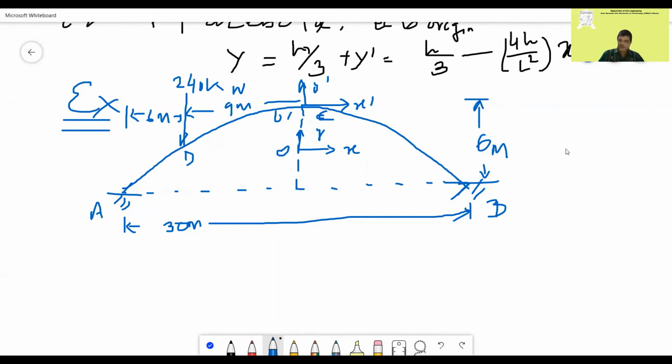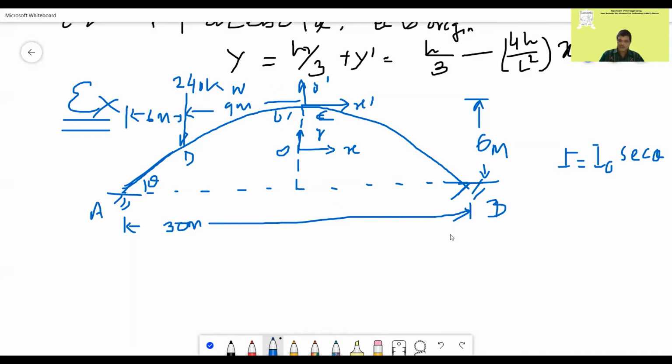Now I is equal to I0 sec theta, like the I varies with the secant variation. I0 is the moment of inertia at the crown, so I is equal to I0 sec theta. Theta is the inclination of the tangent with the horizontal. To draw a tangent at any point, it is inclined to the horizontal at angle theta. Now find the reactions at the supports when it is subjected to 240 kilonewton load at a distance 6 meter from the left support, and calculate moment under the load.